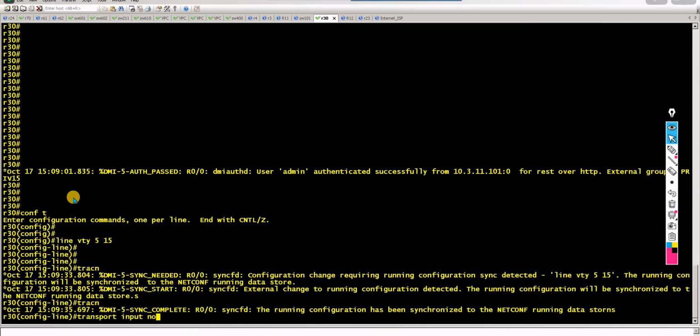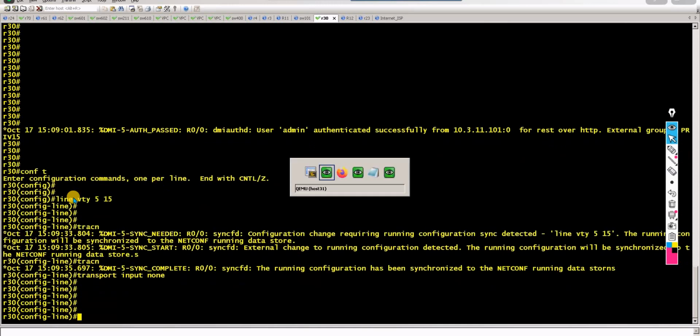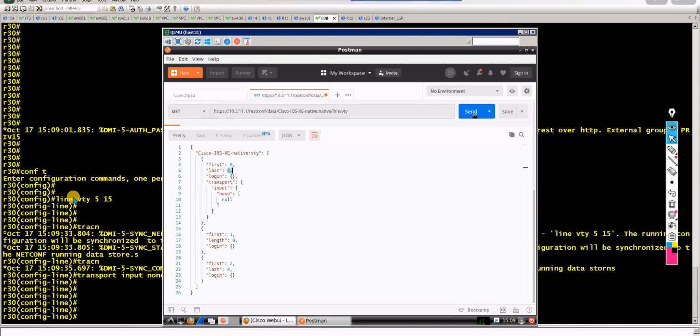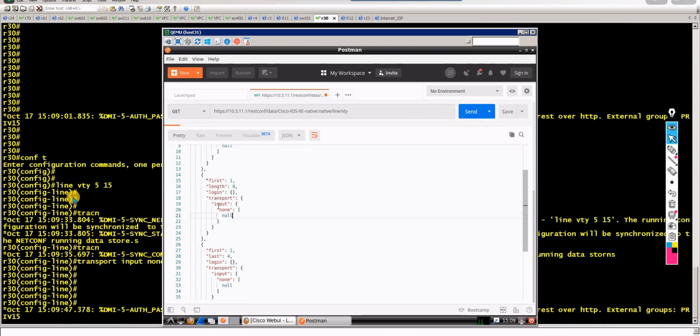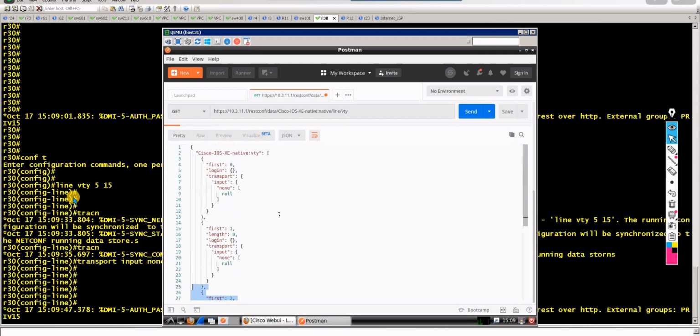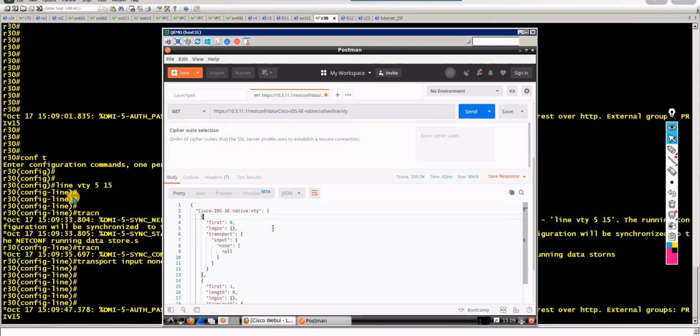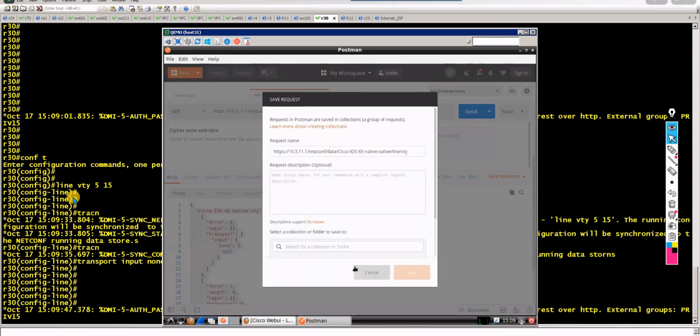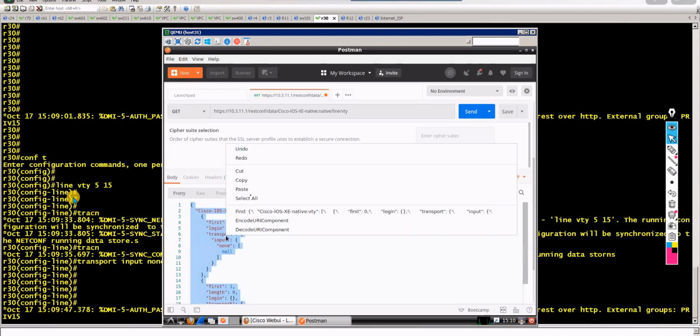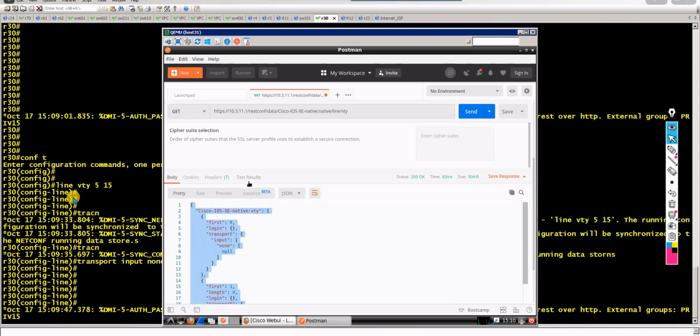Input none. Okay, and I'll say send again. Now you'll see I'm getting 1 to 0, multiple things now. You might get these things. Okay, so what you need to do, you need to copy the complete output, whatever you got, select copy, and